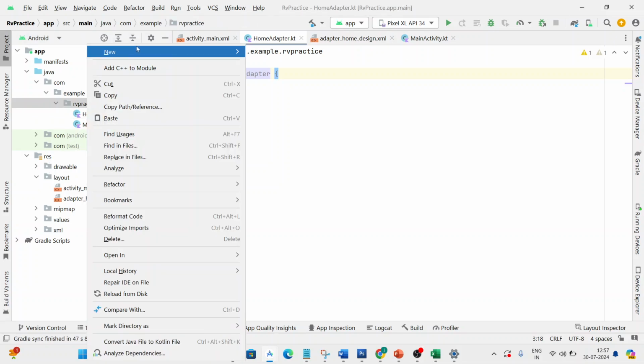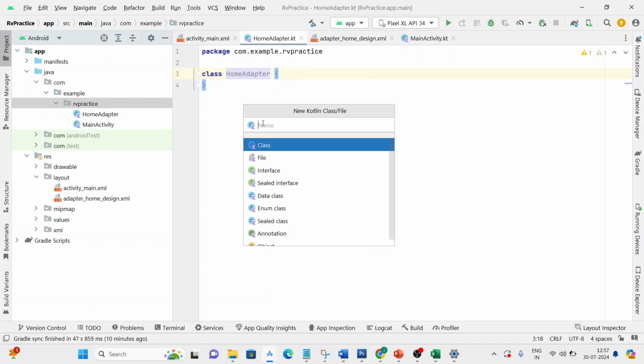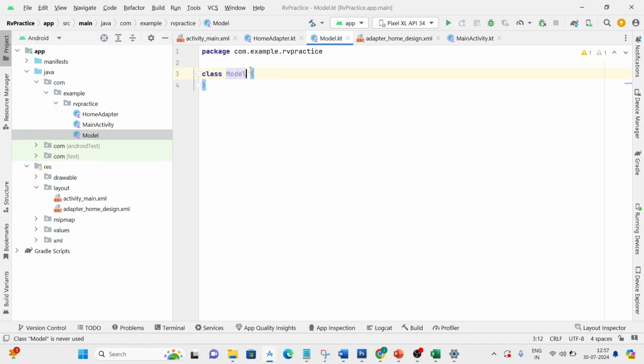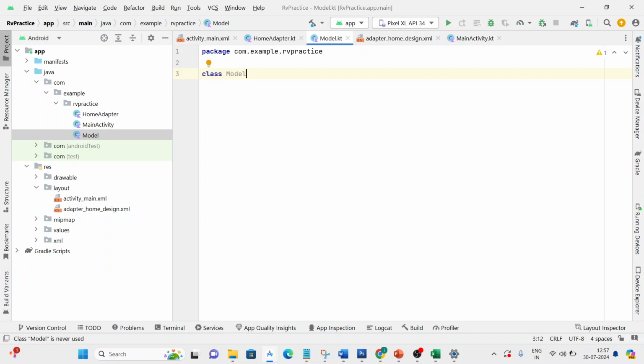Right click and take one model class, Kotlin class file, and I will name it as model. And inside the constructor, take the fields. As you can see in the adapter design, I have two fields, which is image and description. Let's take two variables where img of type int